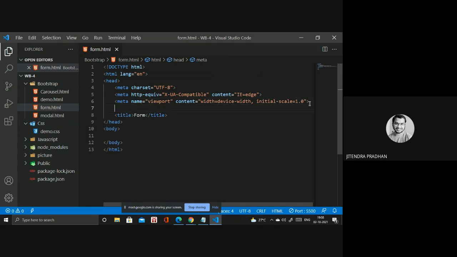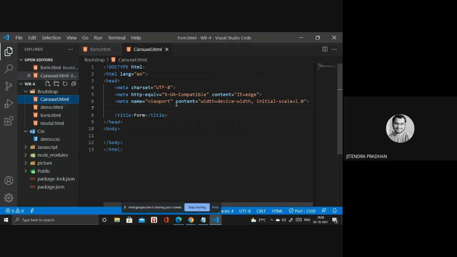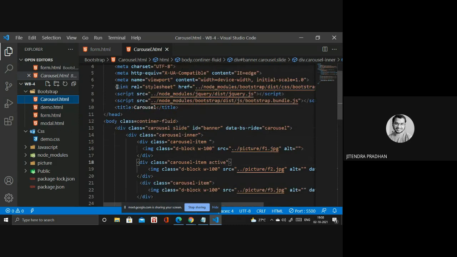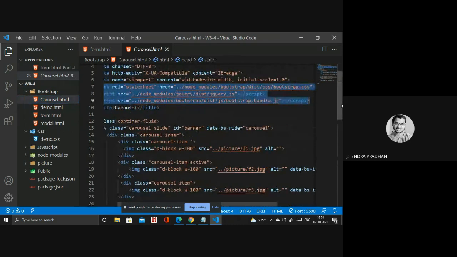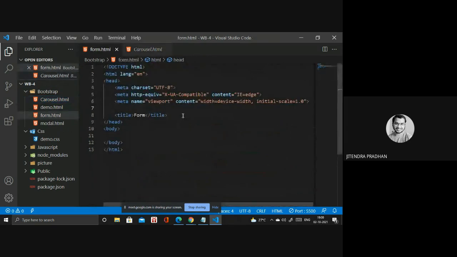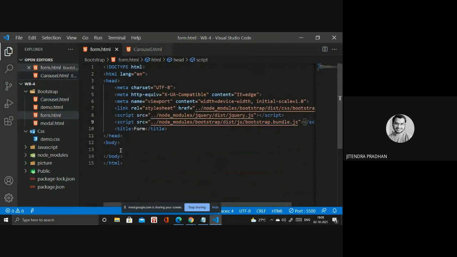In that you have to link all the files whatever you have there. Okay, that's inside. Okay, done. So it's container-fluid or container, you can use any of the classes. Okay, done. Next we have to design the form.